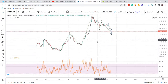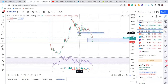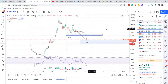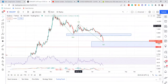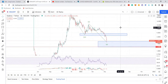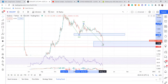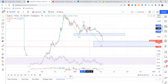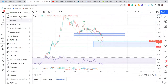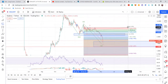Now I'm going to go over to TradingView because I like to use it. It's a little bit easier to use right here. So a three-way move, and then a three-way move. We're at the same spot on TradingView. This move, I'm going to say is some sort of A up for a B, and then this down here is like a C, where this is like 1, 2, 3, 4, and then a 5, possibly. So this is likely going to be something like A, B, and then down for a C. You can check the fib levels on that, and it's in C leg territory,